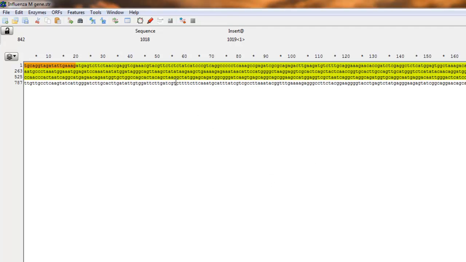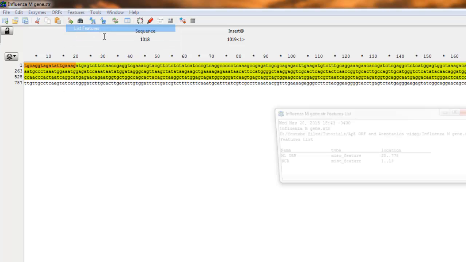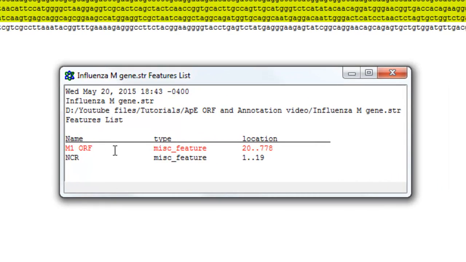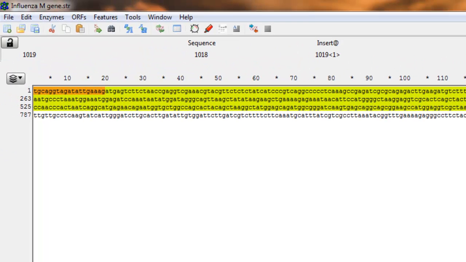It's pretty useful because in the features panel, the window, you can go to List Features, and you'll see all the features that you have highlighted so far that you've created. Okay, well, I hope you guys found this quick video very useful,